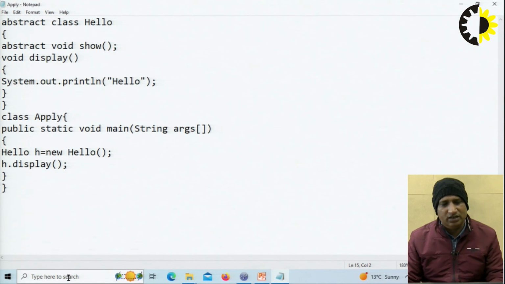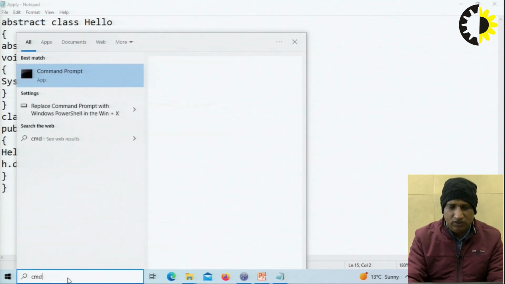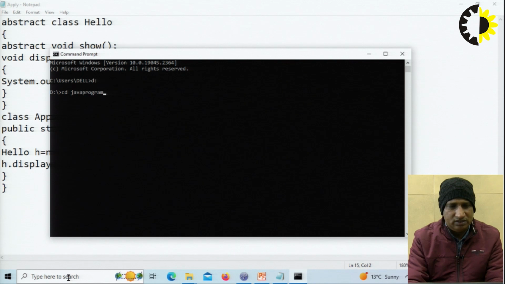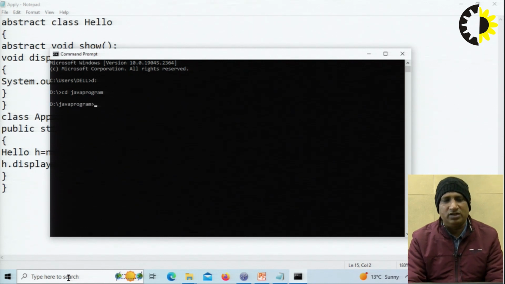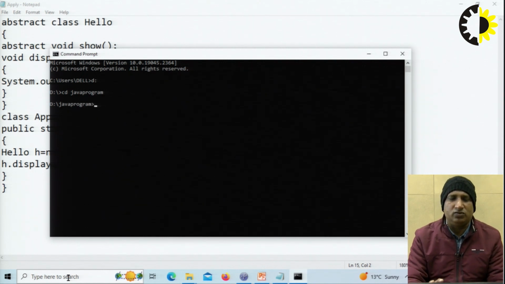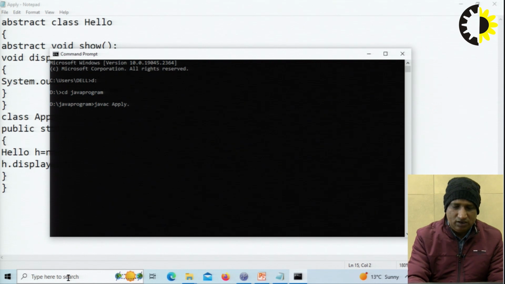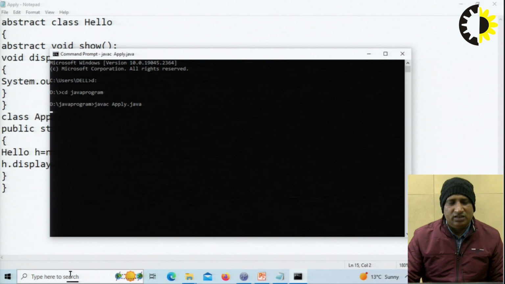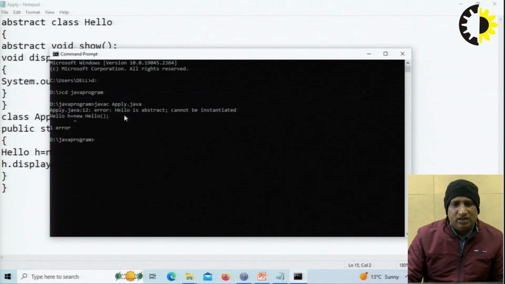So, let us compile it. I am moving to the command prompt, and here I am moving to the D drive, and there to the Java program folder, because I have saved my file here. So, I moved here. Let us compile it by javac space apply dot java,